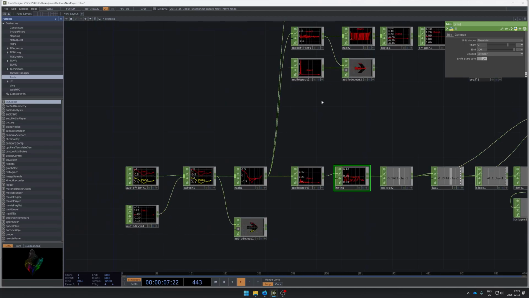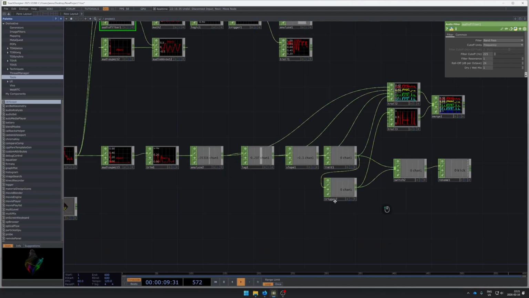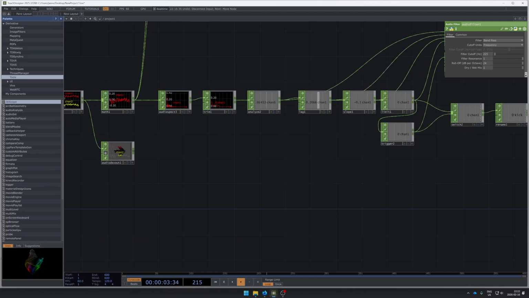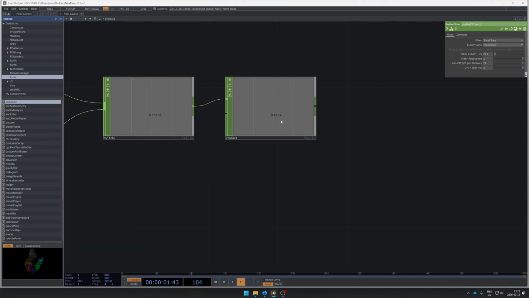Let's say we want this one to be at 225 something. And if I will unmute, you see that this kind of